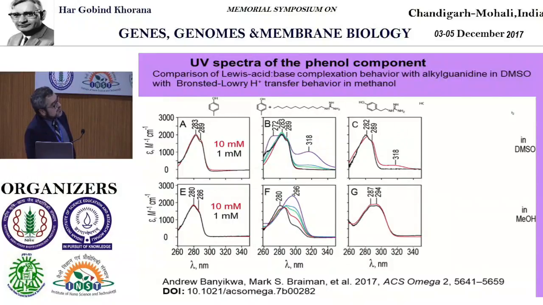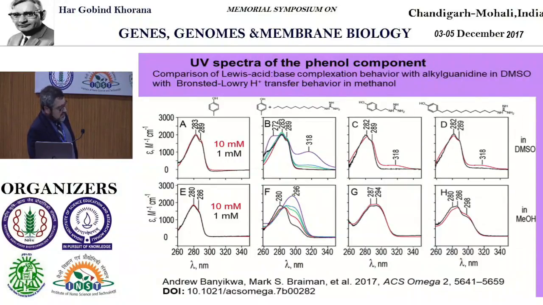And this is classic Brønsted-Lowry behavior for a zwitterion. There's essentially buffering at the midpoint of the pKa's of the two groups. And we see similar things for the dodecyl linker group. And the fact that the shape changes with the longer one, the deprotonated form is less favored for the long chain linker. That's a sign that the perturbation of the two pKa's on each other is smaller with a longer